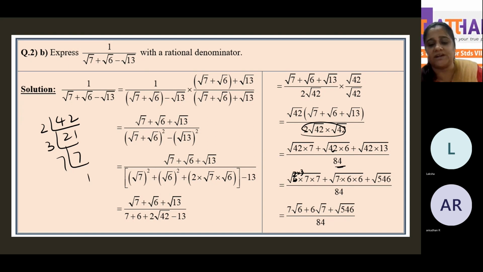Again, this 42, you can write it as, I have written it as 7 into 6. You can also write it as